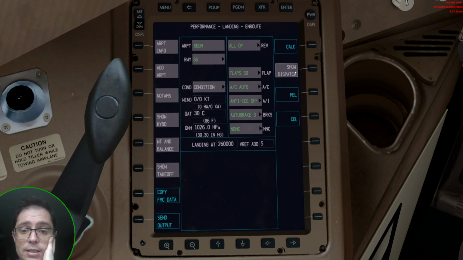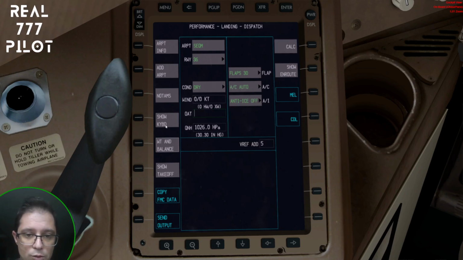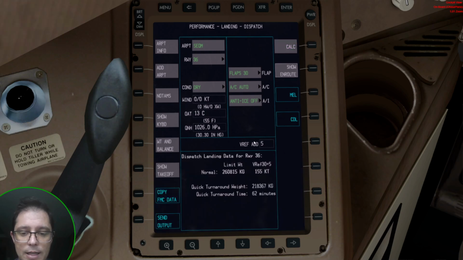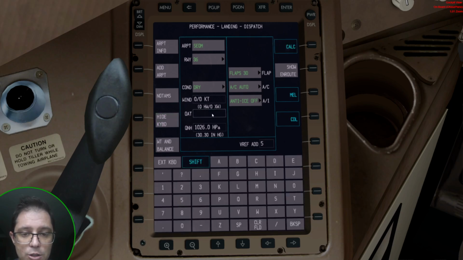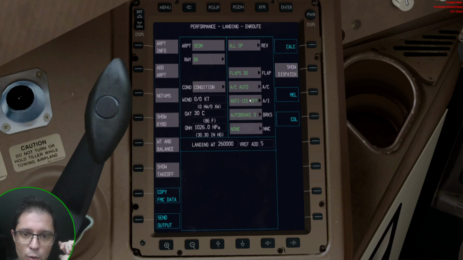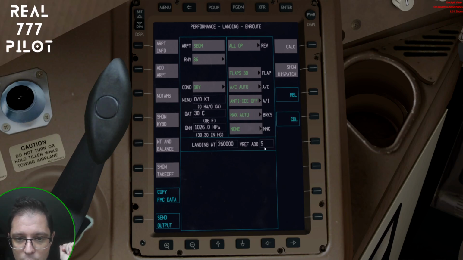Let's say on the dispatch, if I use dry runway in Quito with the actual wind and the actual temperature, if it's 13 degrees, and I calculate, it shows me that I can do maximum landing weight 268.15. But if the temperature is 30, it shows me that I can go maximum 258. So, if I go en route with 30 degrees, runway dry, and it doesn't matter the brake, even maximum auto,